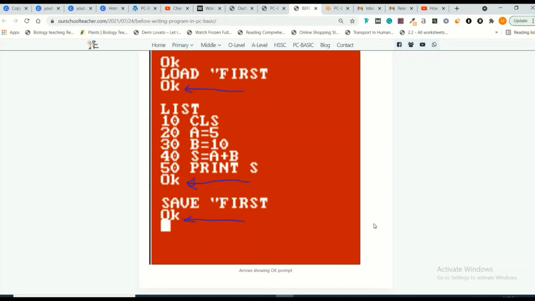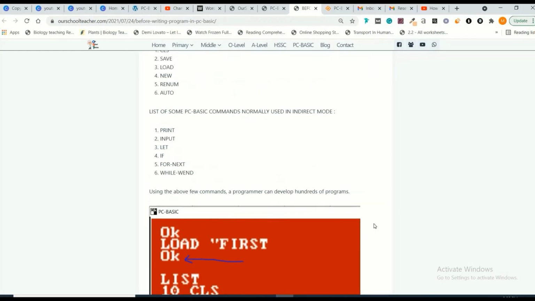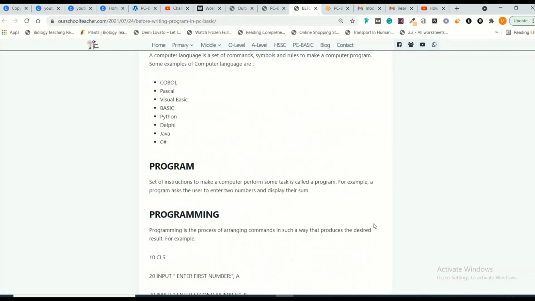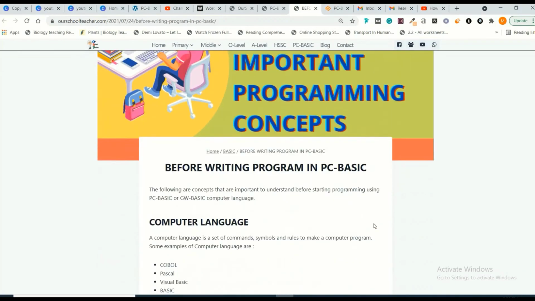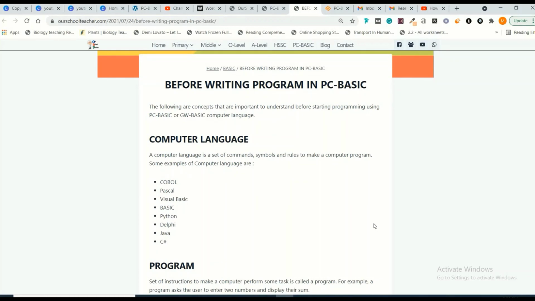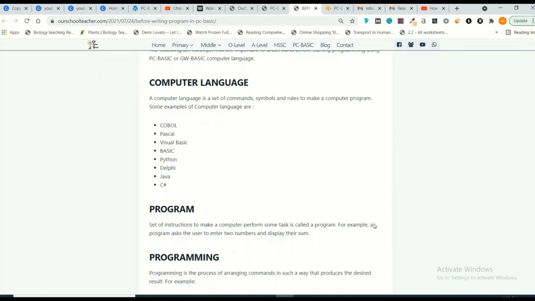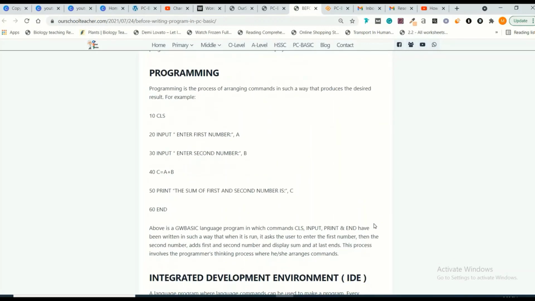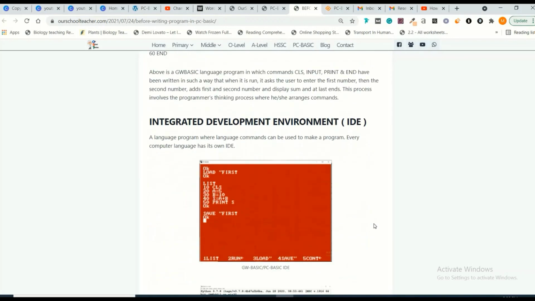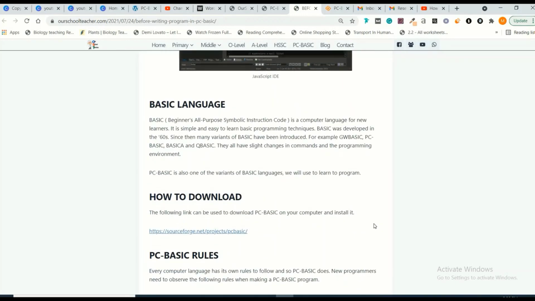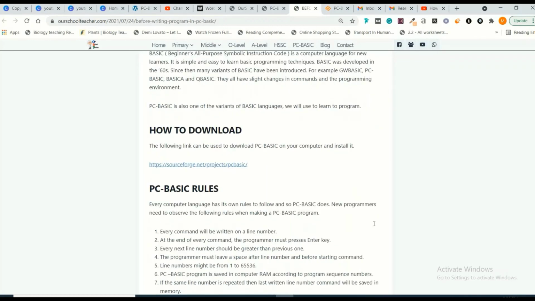So this is it. In today's lesson, from our schoolteacher.com tutorials, BASIC lesson number one, we have learned about what a computer language is, what a program is, what programming is, what an IDE is, and then we have seen from where you can download PC BASIC.